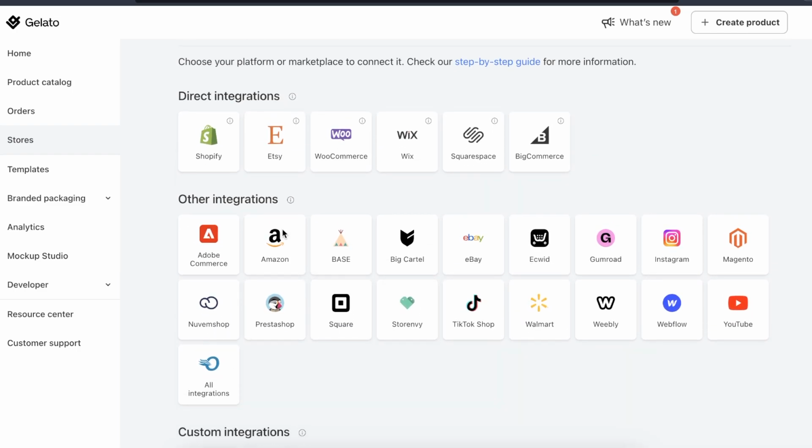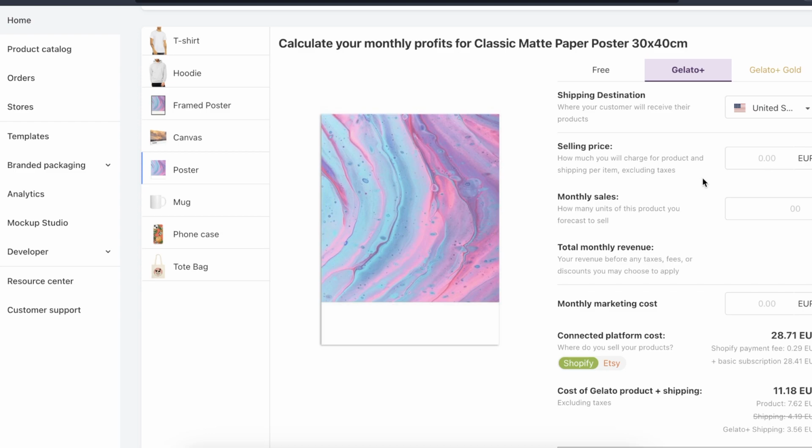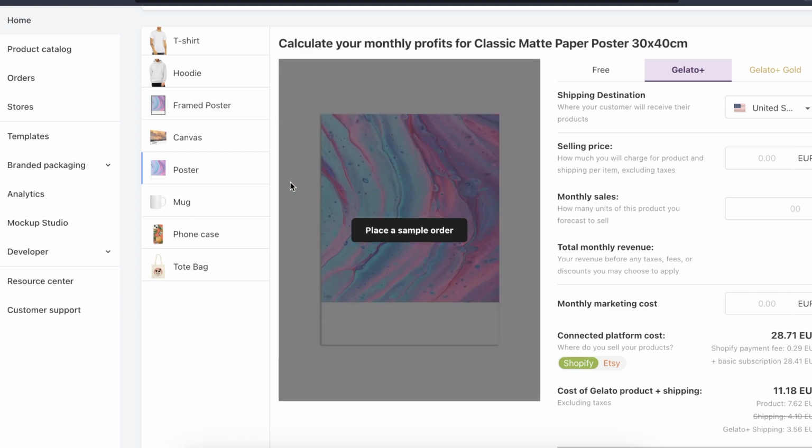So of course the most popular and direct integrations, which work best with Gelato, are these ones. So when you choose your platform, for example Shopify, you're just gonna click on this icon here when you sign up to Gelato, and you connect your store. After that, now let's see how much money you can make with, for example,